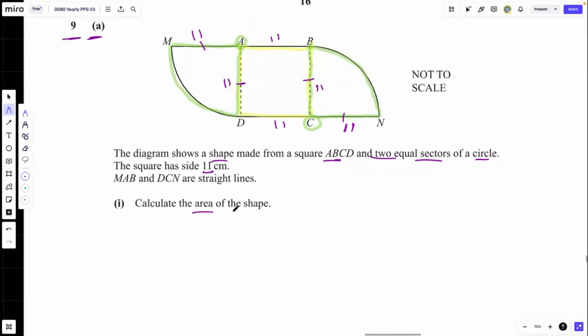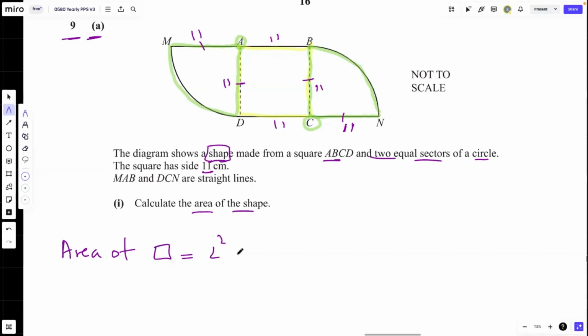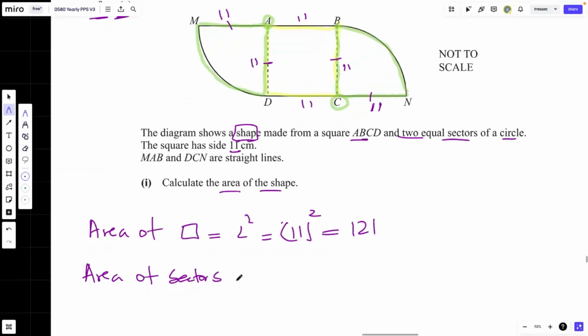And now we are supposed to calculate the area of the shape. So the shape is the entire thing. So we are going to divide it into portions. The area of the square is just L square. So it's just going to be 11 square, or length into length, which is going to be 121. And for area of the sectors,